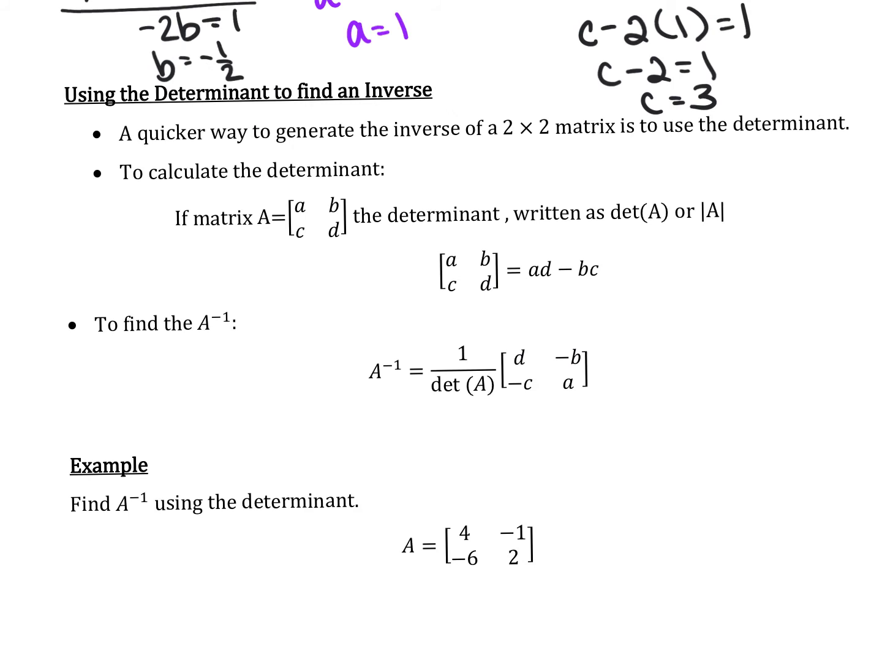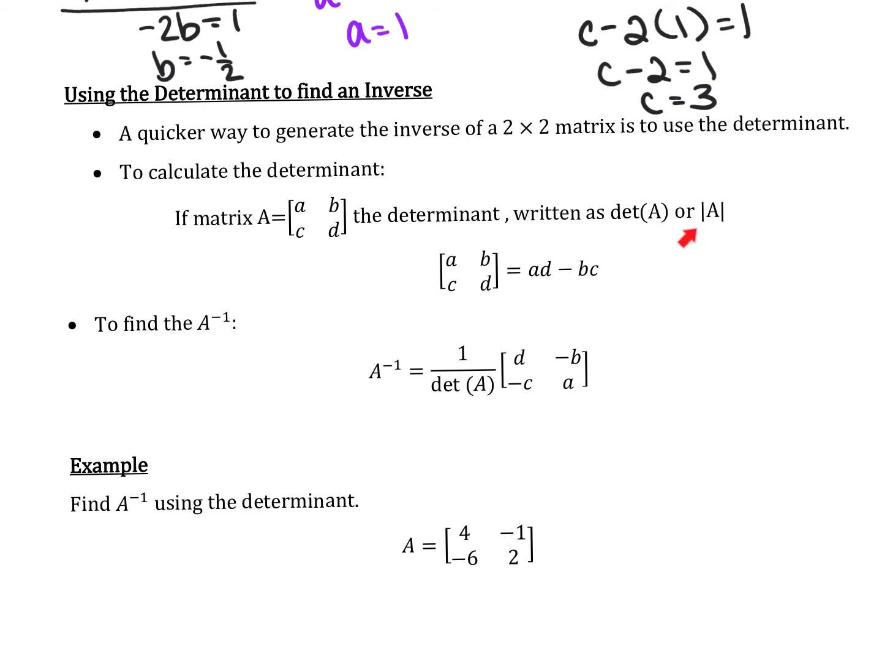Now, a quicker way to find the inverse is going to be through what we call our determinant. And we're going to find the determinant of 2 by 2 matrices. So when we do that, to calculate this, here's how we set it up. If you have matrix A with A, B, C, and D, the determinant